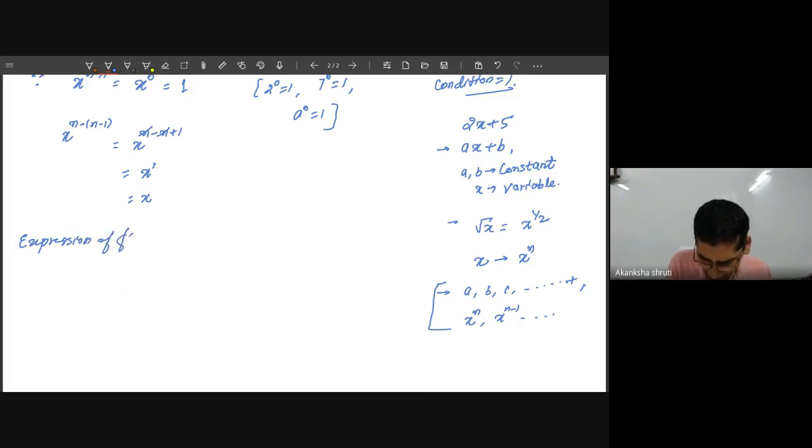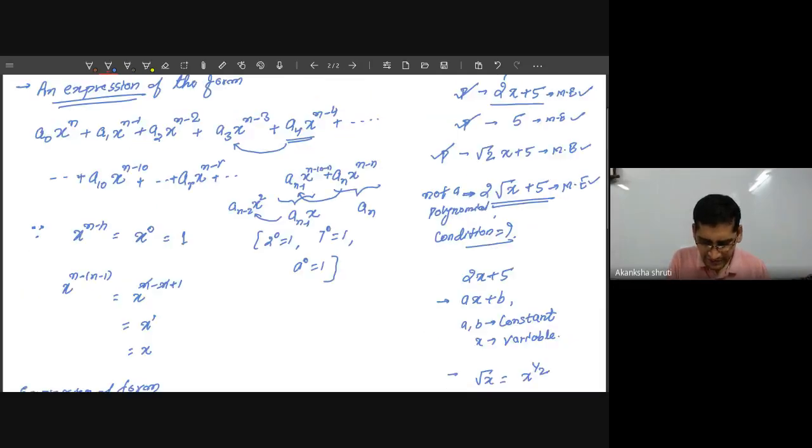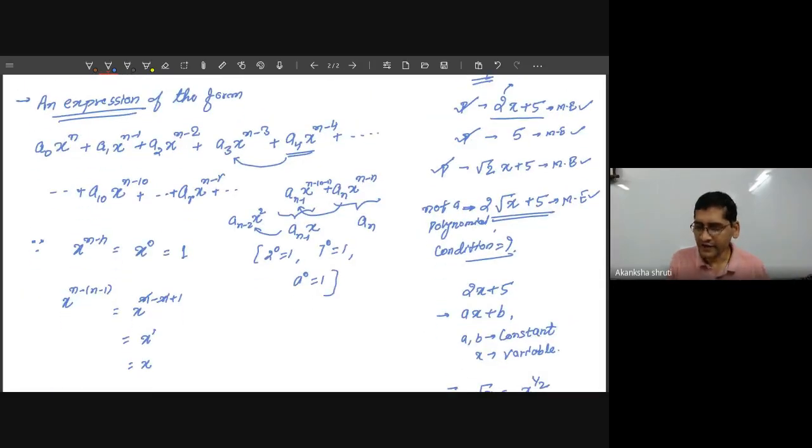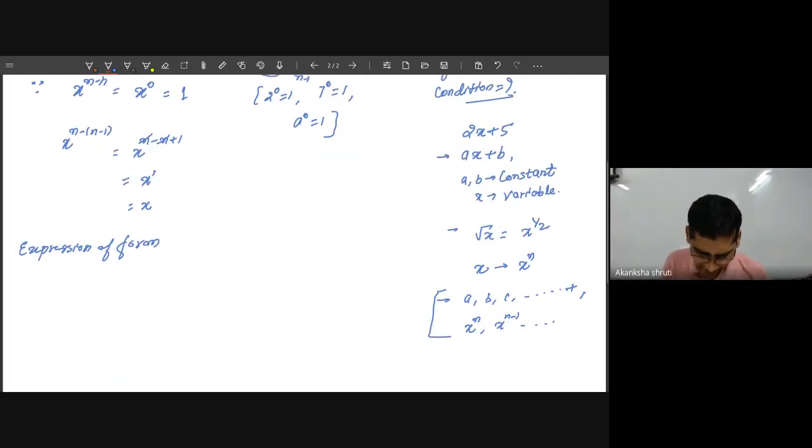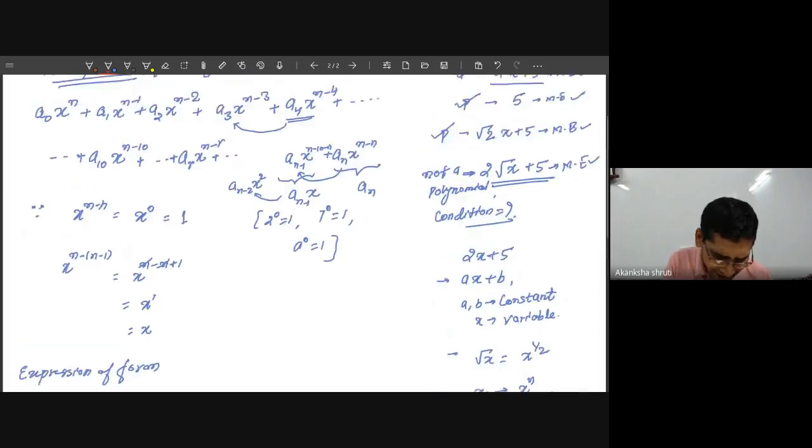Expression of the form. The definition is written in a general way, that's why it appears a bit bigger, but we will learn it right now. Within a few minutes you will be given a certain number of terms, only 2 or 3 terms, and you have to identify that. We will say expression of the form. So what can this be written as, student?